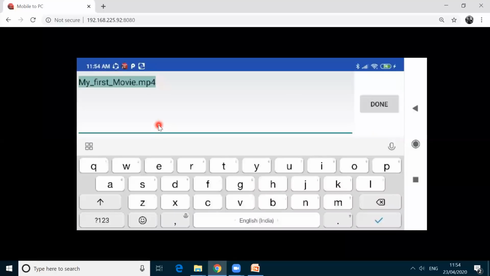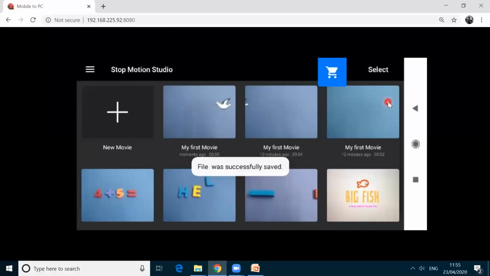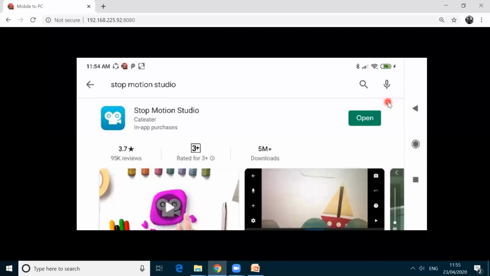Here rename it. Don't delete this MP4. Rename it bird demo. Okay, now I'm clicking done option. It gets automatically saved. Now I'm showing the video which we have saved earlier.